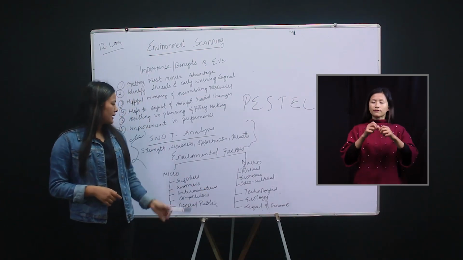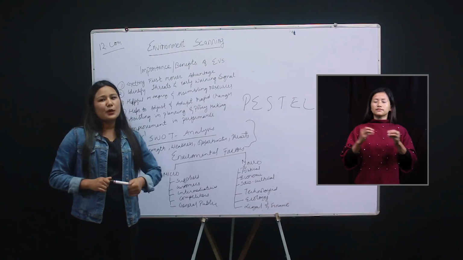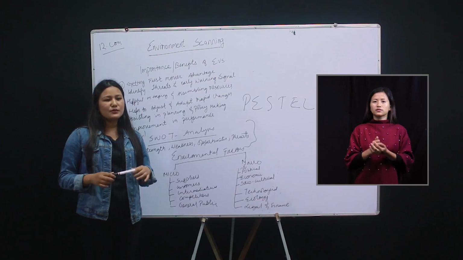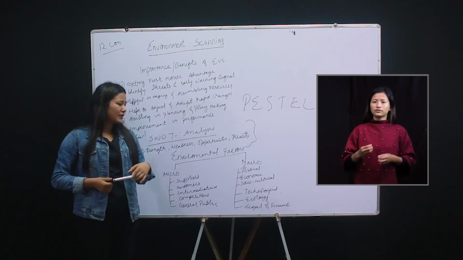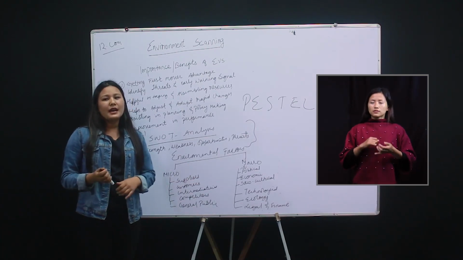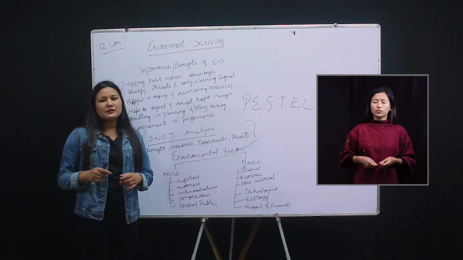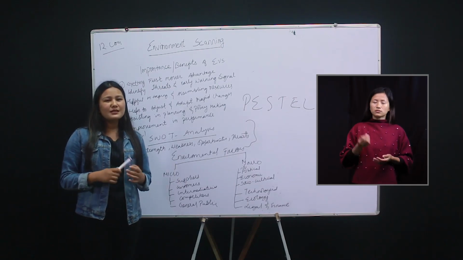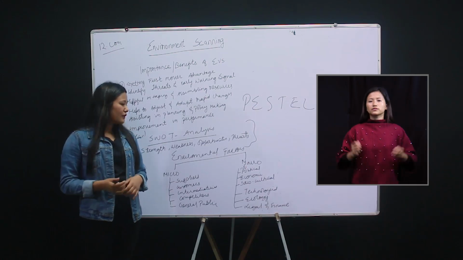The last factor under environmental factors is finance. As commerce students, you know that without finance we cannot do anything. All the activities depend on finance, and finance is the backbone and lifeblood of the enterprise. Here financial factors refer to the sources of finance and financial assistance to run your business, because all the activities in the enterprise depend on finance, and finance is required for your growth and expansion, as well as survival of your enterprise.